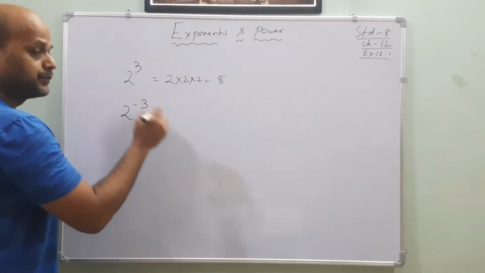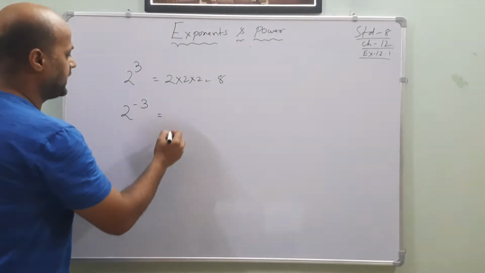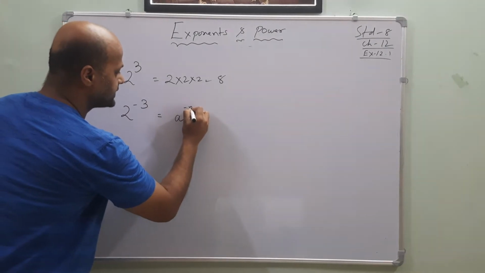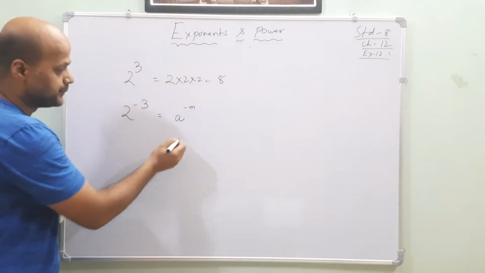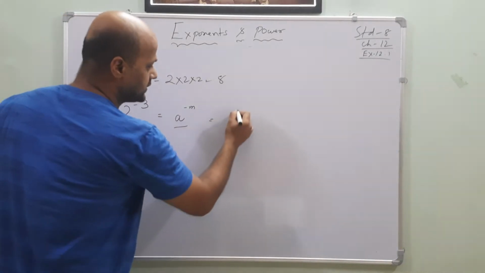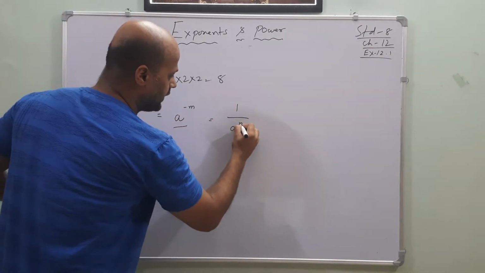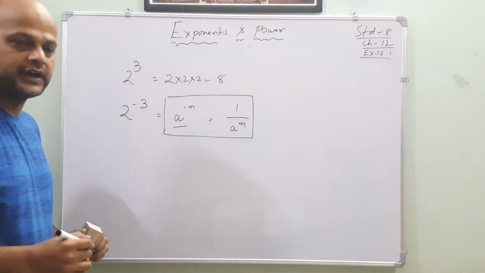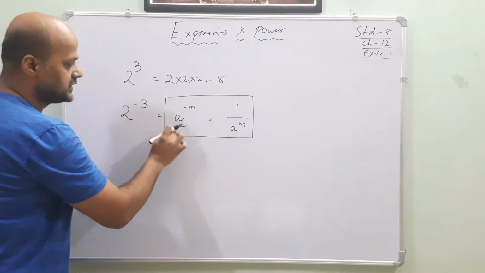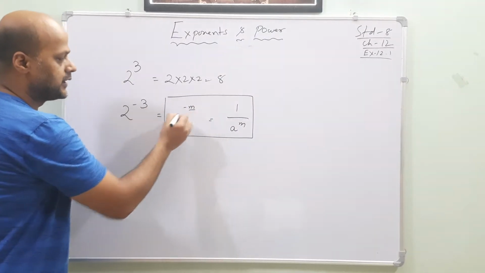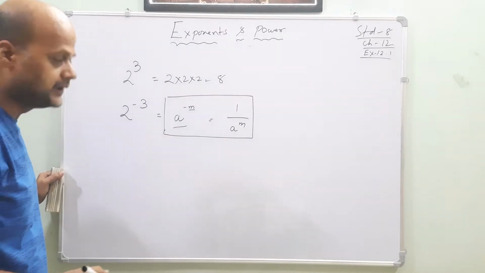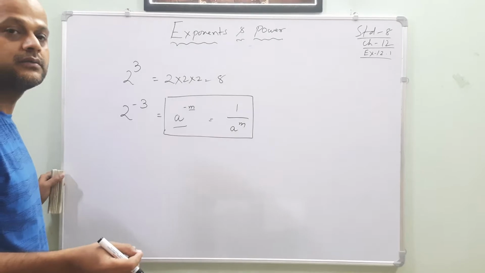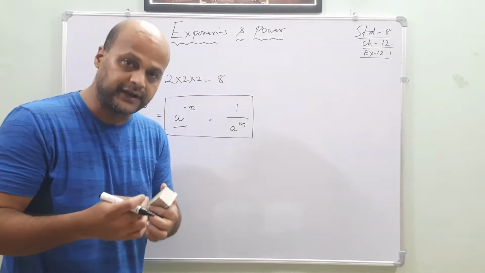Okay, so here a formula is there. What is that? a to the power of minus m. If it is in this manner, the value is coming as 1 by a to the power of m. This is one of the rules my dear friends. We will study the rules one by one. If your question is in this form, m is nothing but an integer, the number itself, and a is the number which is multiplied repeatedly.